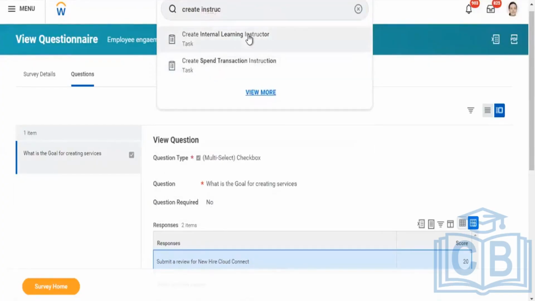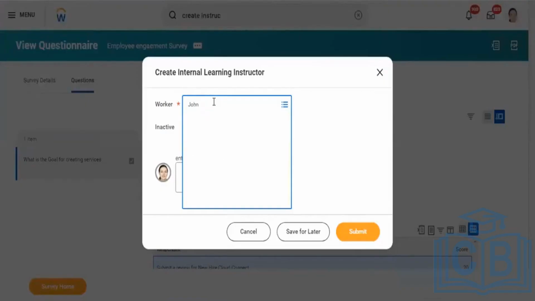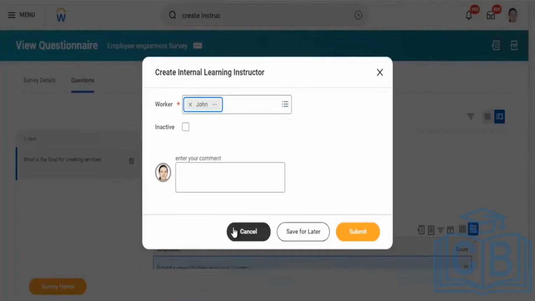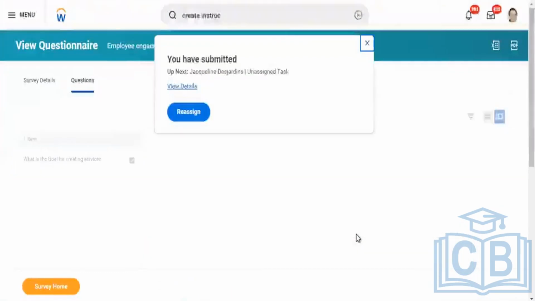To create internal learning instructors, we can select, let's say, if I wanted to have John as an instructor, I can select someone here as an instructor. We can select internal employees only as an instructor.